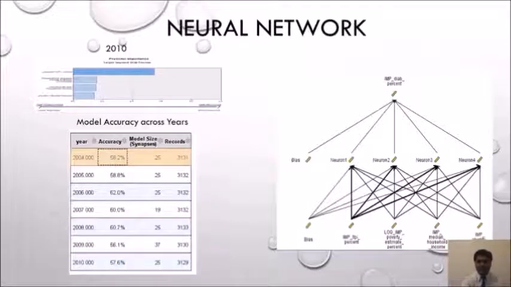Here's a sample neural network we've built for the year 2010. As I said, this is our dependent variable, and these are our independent variables, and these are basically the neurons. The neural network is built by a biological emulation of neurons, and it understands the pattern of the data and makes a hidden layer of neurons. What exactly happens in those neurons is pretty much inexplicable. All we get is a relationship between input and output. As far as model accuracy is concerned, the table shows us that it is most accurate in the year 2006, which is 62%.